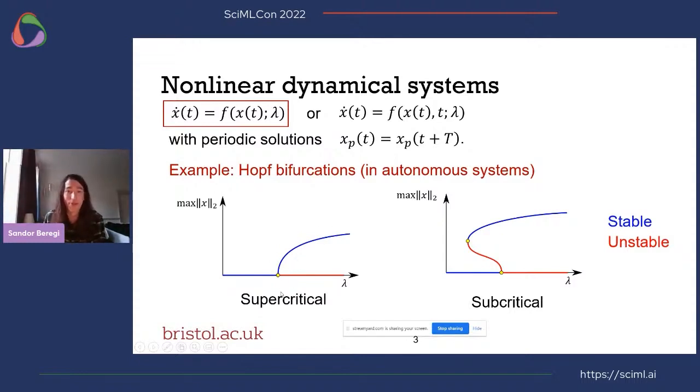This is the supercritical Hopf bifurcation, whereas in the case of the subcritical bifurcation, a similar thing happens, but in this case, the branch of periodic solutions is an unstable branch. But what very commonly happens is that later on, this unstable branch undergoes a so-called saddle node bifurcation and becomes stable again. And the reason I like these diagrams, and why they often tell us more than a simple numerical simulation would, is because